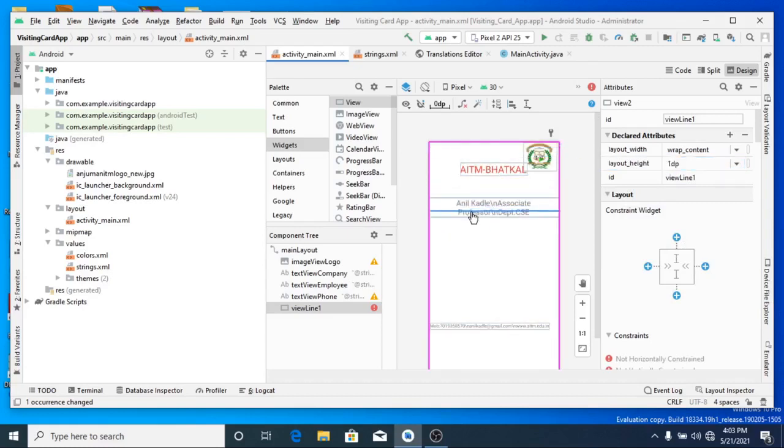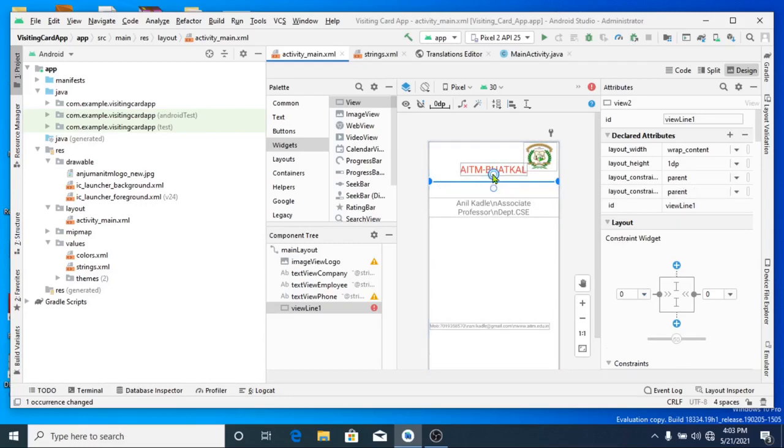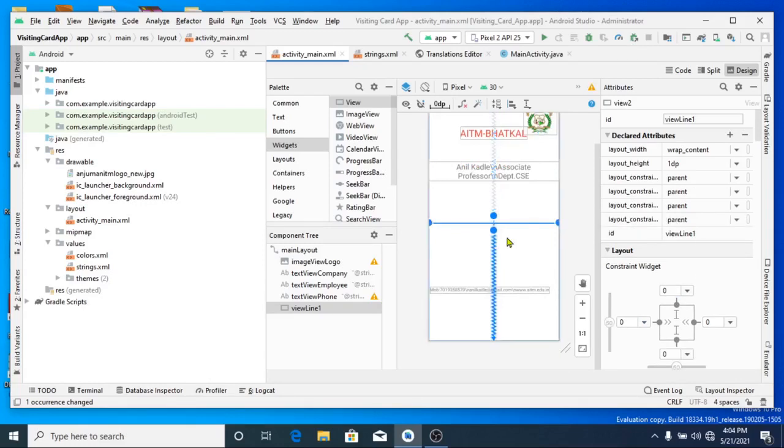Okay, it became a line here, correct? Bring it here. Okay, I want it here, isn't it? And then attach it to the parent. Just click on this bubble and attach it to the parent. Right, now this became a line.